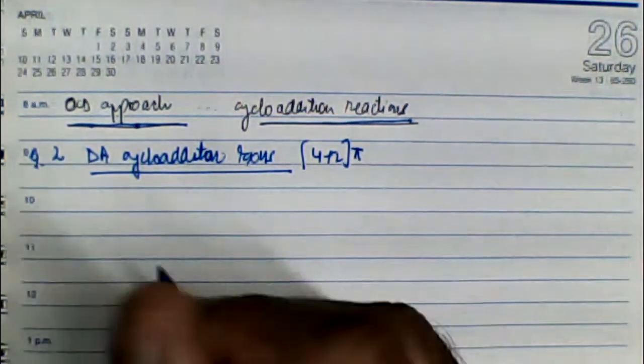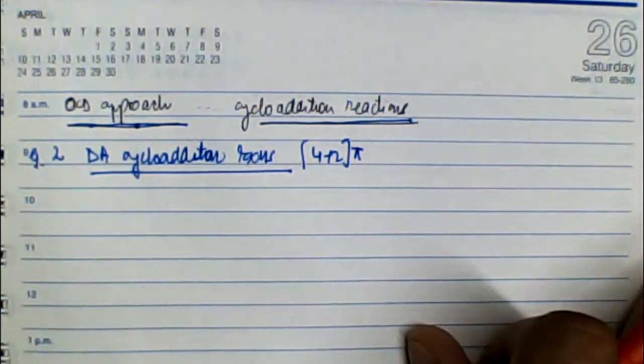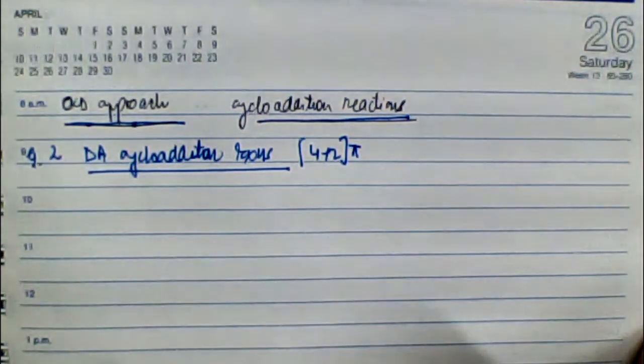Now you know that the OCD approach is based on the Woodward-Hoffmann law of conservation of orbital symmetry, which suggests that when transforming from reactant to products, the symmetry of the orbital remains conserved. If you're talking about thermal reactions, the ground state orbital symmetry of the reactant should correlate or match with the ground state orbital symmetry of the product. And if it is a photochemical reaction, the symmetry of the reactants up to the first excited state in the reactant and product should match. That's the key of working out an OCD approach and gauging whether a particular reaction is thermally or photochemically allowed. Right.